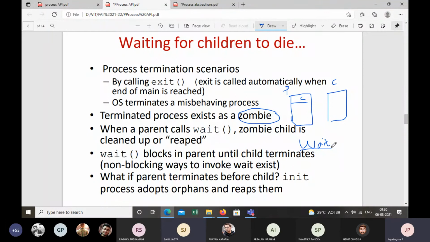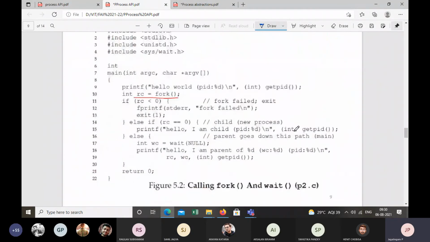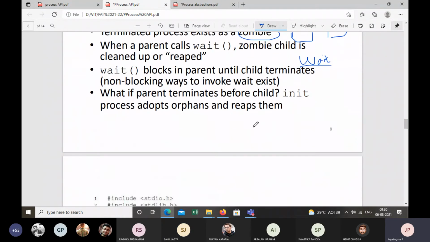Okay, sir. Yeah, fine. Now I have a question for you. Let's say that you have a parent process and you have a child process. When parent invokes wait, we know that the parent will clean the child process. You agree with this?